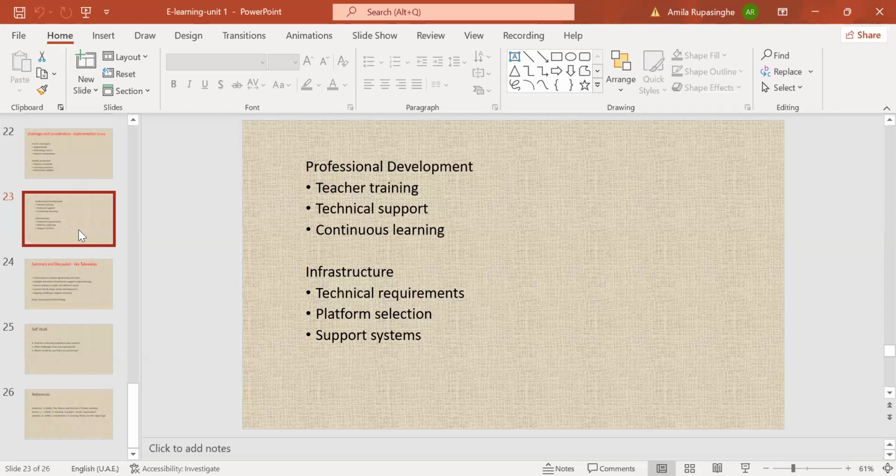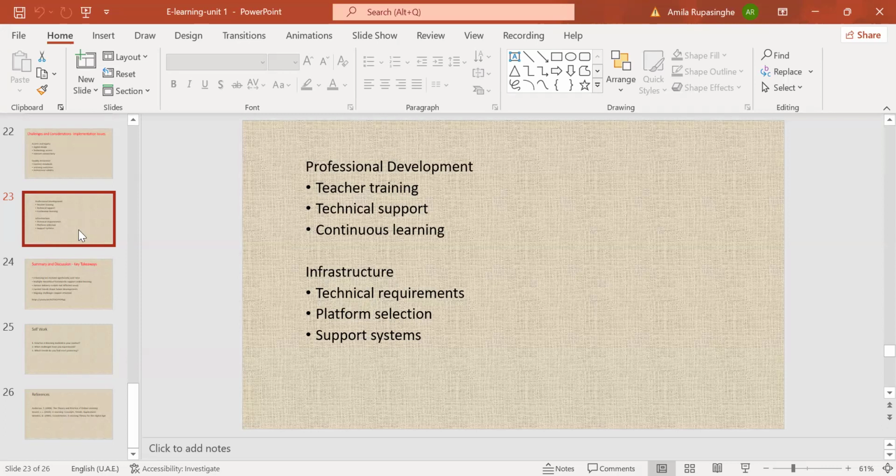So as teachers of the previous, older generations, we have to change because the coming generations are technically very advanced, right? For that, we have to have very good professional development, either in the technical field or in subjects related to e-learning, subjects related to learning.